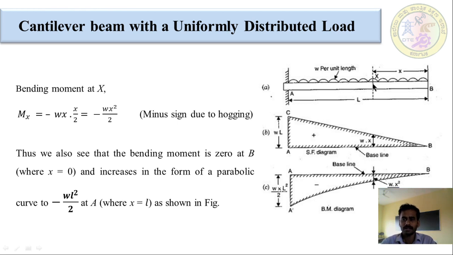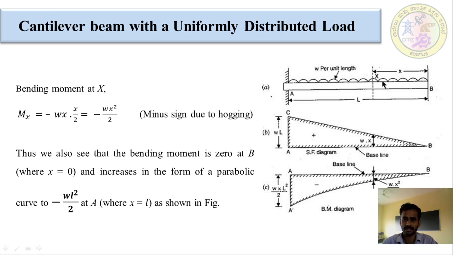So this section is at a distance x from the point P. The bending moment equation will be M_x is equal to W, the load, into the distance. How will this load be W into x? As we know, it is a uniformly distributed load W per unit length, so you have to consider that load and multiply by the